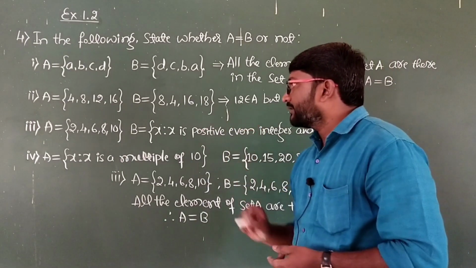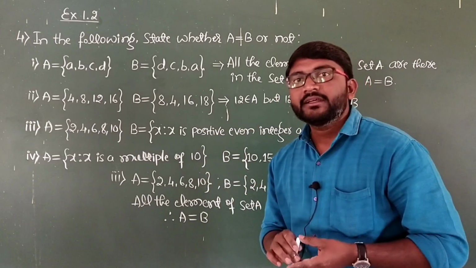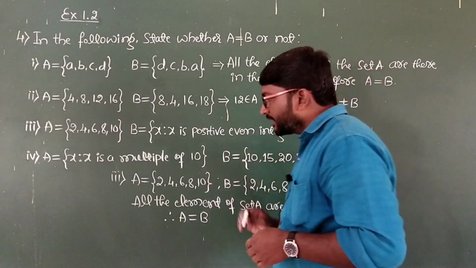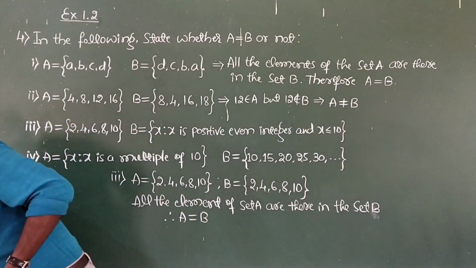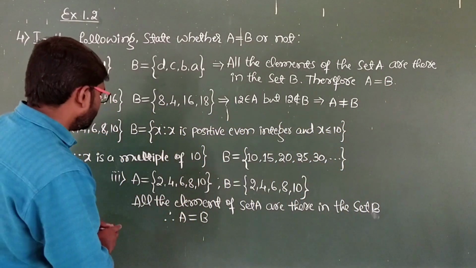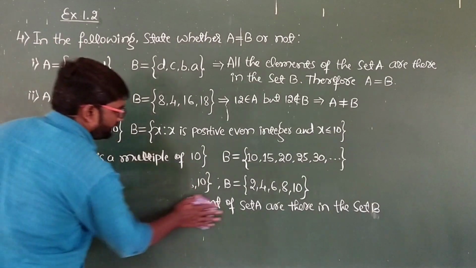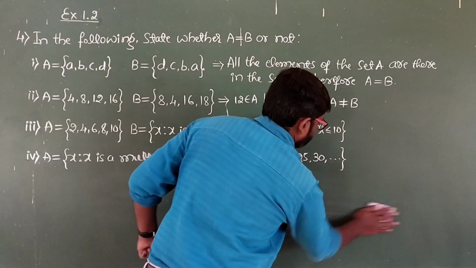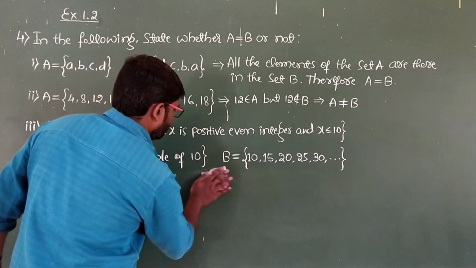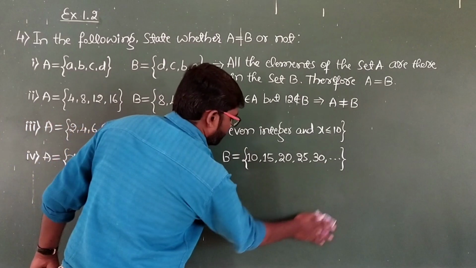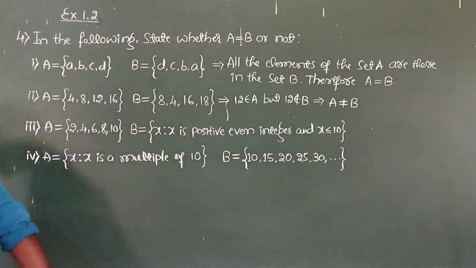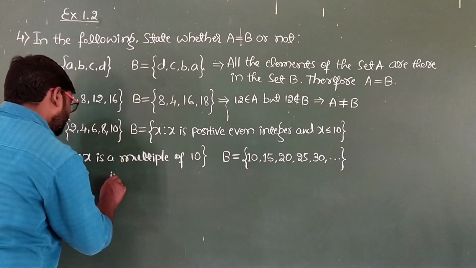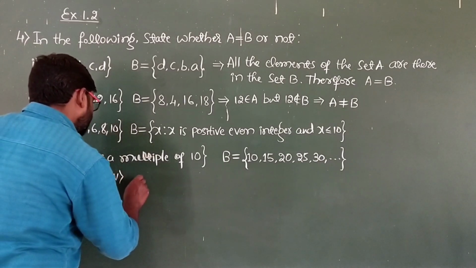So here the set A is there in the set builder form. First we have to write that in the roster form and then compare the elements. So I'll wrap up the solution for the Roman number 3. Well, we'll write the fourth solution now. A equals